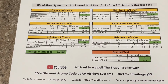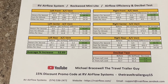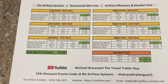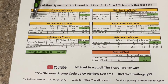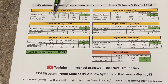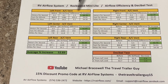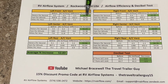So let's take a look at the numbers here. Let's go over the airflow efficiency first. I have the 6 vents. I read it in meters per second, feet per minute, miles per hour. So let's start off with the left front vent. Before I had a 4.2. After I installed the RV airflow, 6.5. That's a difference of 2.3 and an increase of airflow of